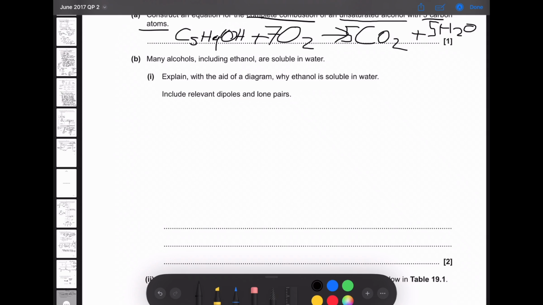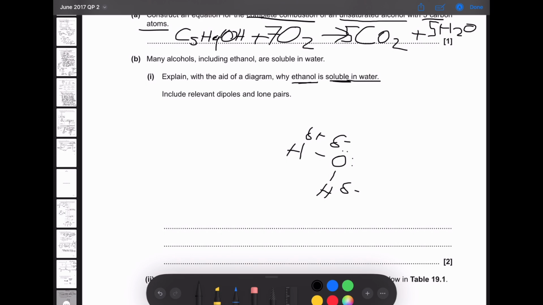Many alcohols, including ethanol, are soluble in water. Explain with the aid of a diagram why ethanol is soluble in water. Well, we're talking about solubility in water. And what's that? Well, we know solubility is when water gets in between molecules. So if we draw our lone pairs and we put our charge on our water,